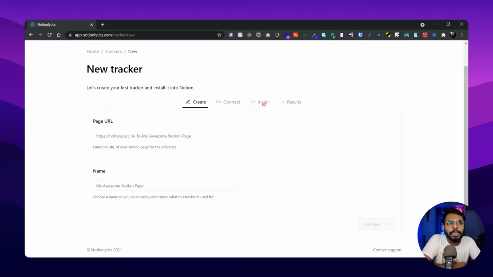And after connecting, here is the install section. In the install section, you click on install, and they will provide a link for you. You just have to copy the link and paste it in your Notion page, anywhere that you like. They will show up a watermark.